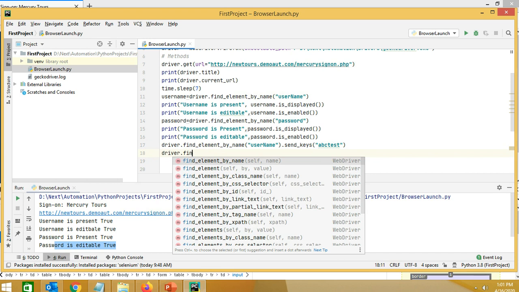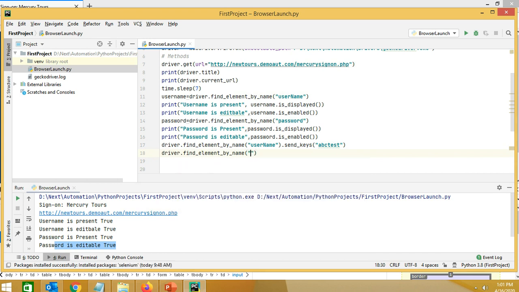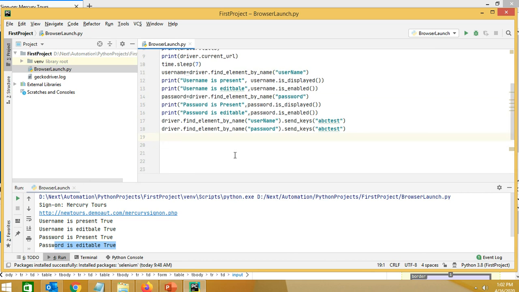Similarly, if we want to do the same for the password field, dot send_keys, ABC test. So now it will pass ABC test in the username and ABC test in the password field.